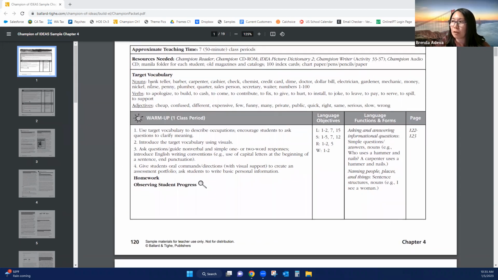language when we talk about vocabulary of bank, barber, carpenter, teller, right? So these are people of specific occupations. Vocabulary that is taught through images. We do have a picture dictionary that comes with the program with some sample sentences for those students. But students at a higher level might be talking about apologize, contribute, right? Install. So different higher level vocabulary, expensive maybe, but definitely you'll have the different levels of academic vocabulary.